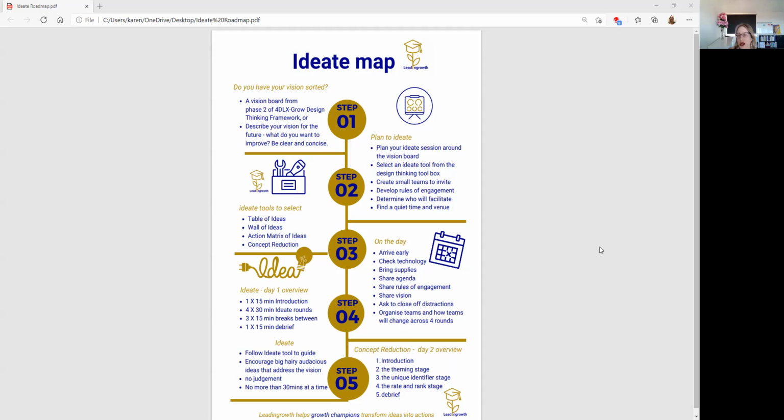You also want to determine who's going to facilitate. So are you going to get a professional facilitator? Are you going to get a design thinking facilitator? Are you going to facilitate yourself, or are you going to get somebody that's not personally involved in whatever the vision is to be the facilitator? So any of those options are fine, but whoever the facilitator is, their job is to facilitate and not to participate as an active participator in the